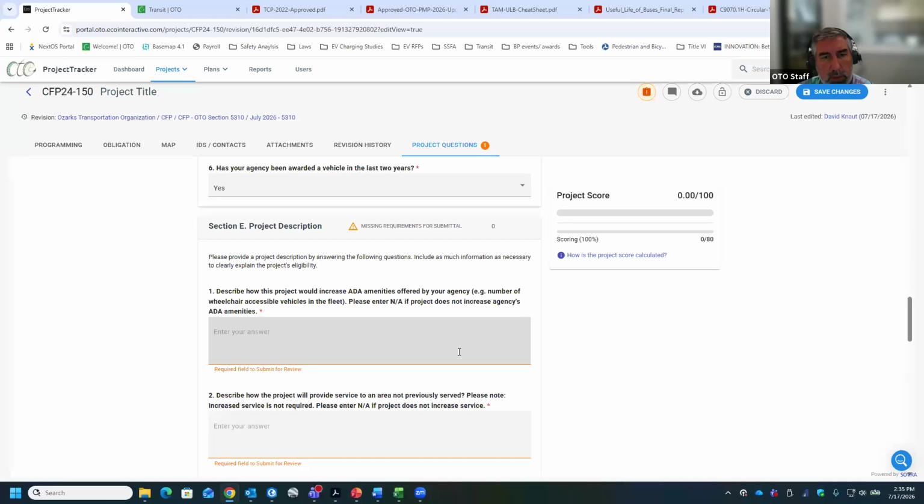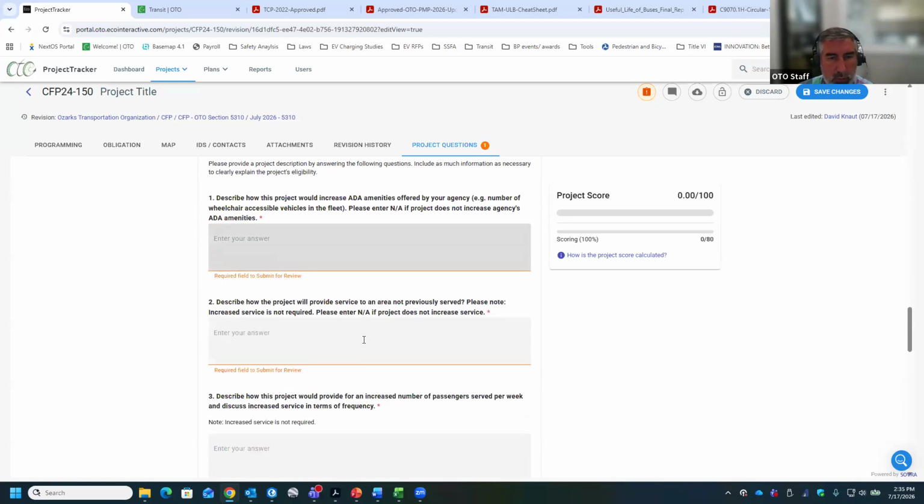So it would increase. That's all different ways you would say you increase it. You don't have to increase the service. It's just a question where you will get more points if you increase it.